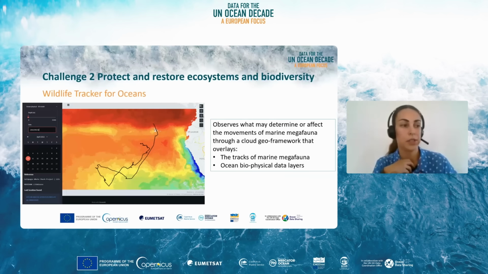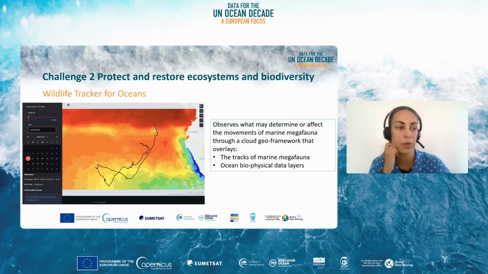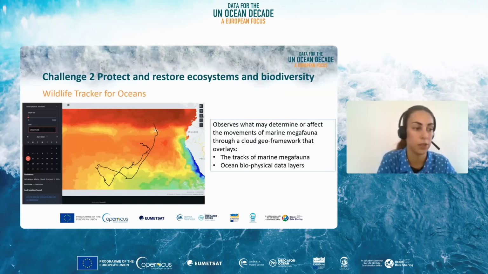And so here is an example of a solution that was developed using Copernicus Marine products. It's called the Wildlife Tracker for Oceans. It's a geo-framework designed for real-time monitoring of marine protected areas and the protection of marine megafauna. This tool helps marine scientists predict how different factors influence the migration pathways of these animals.